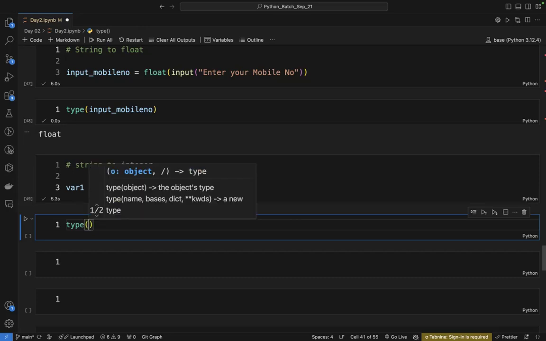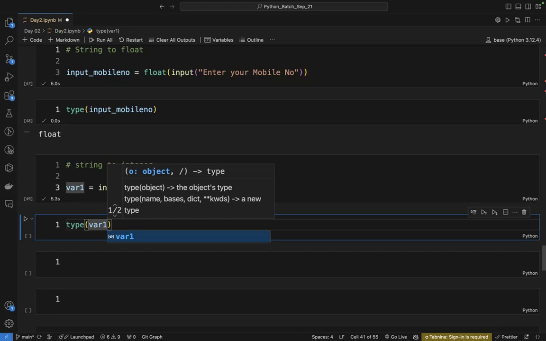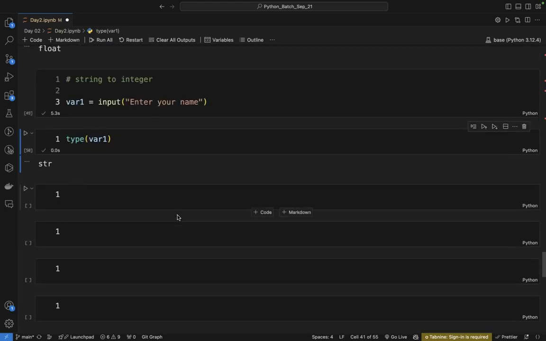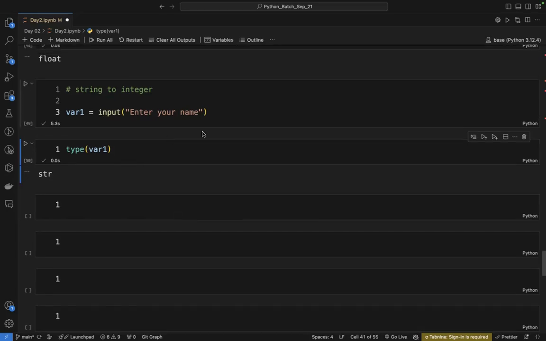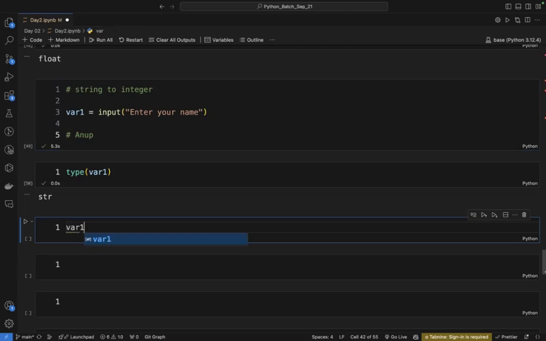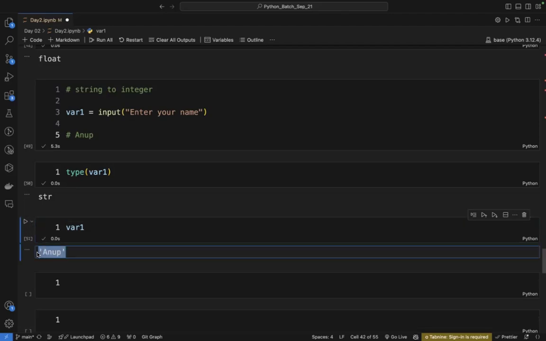अभी मैं टाइप चेक कर रहा हूं, तो बाय डिफॉल्ट मुझे पता है कि इट ऑलवेज गिव्स स्ट्रिंग डेटा टाइप, तो ये स्ट्रिंग ही मुझे मिलने वाला है, करेक्ट। जो मैंने यहाँ इनपुट किया था, वो ANUP था, करेक्ट। अगर मैं देखना चाहूं तो मुझे दिख भी जाएगा var1 के अंदर क्या है, var1 के अंदर मेरा ये डेटा स्टोर है, दिस डेटा एंड दिस इज अ स्ट्रिंग डेटा।